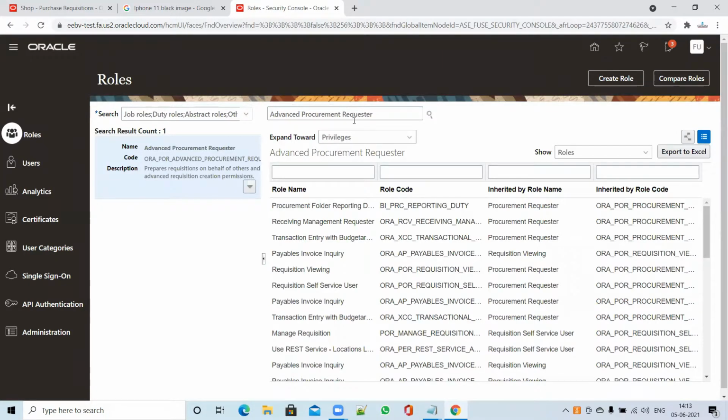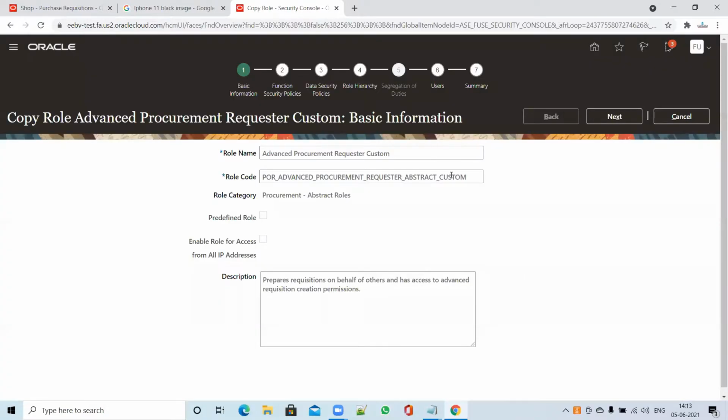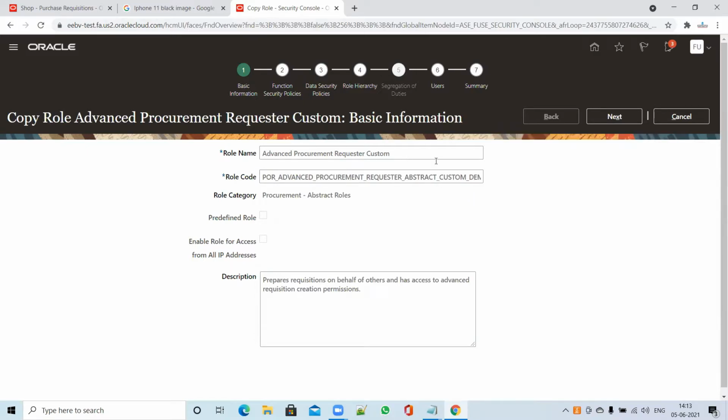We'll take this role, copy it and create a custom role.